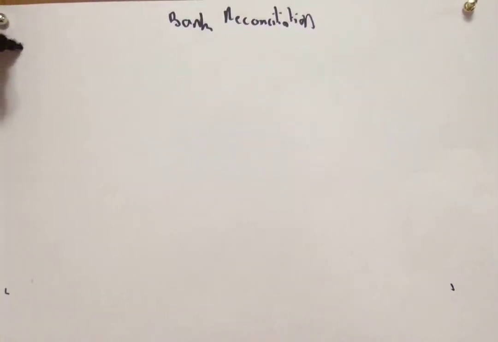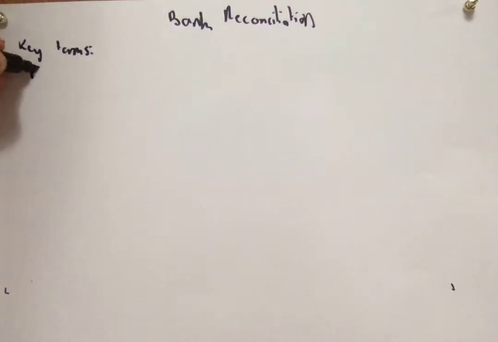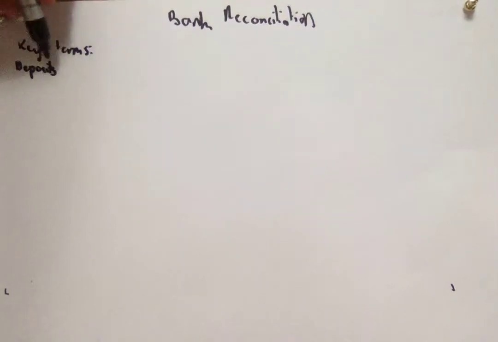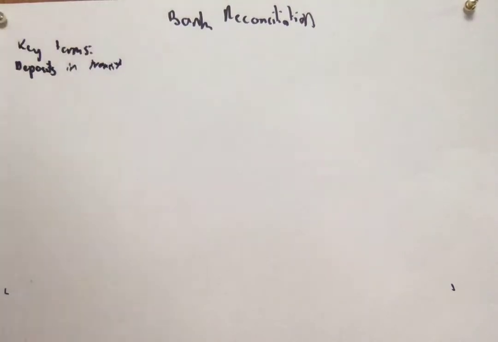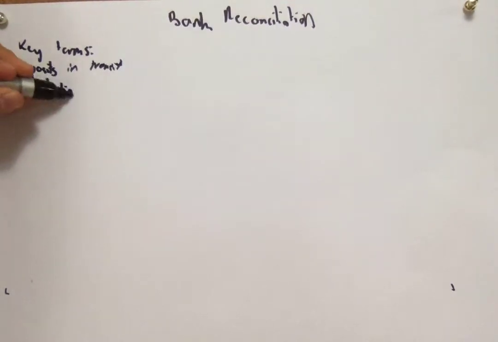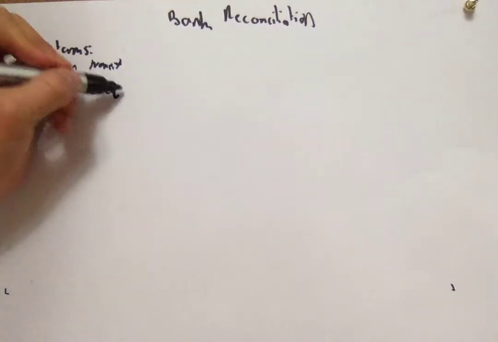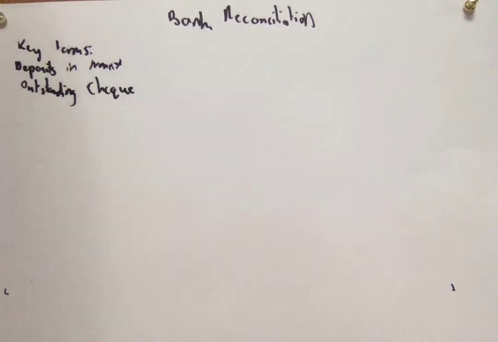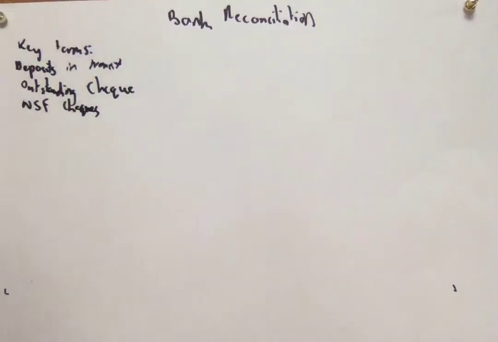So firstly, the key terms to be aware of. First one, deposits in transit. These are cash or checks that have been received and recorded by an entity, however not the bank, due to time differences. The next is outstanding checks, which are checks that have been recorded by the entity but not cleared by the bank's cash balance. Finally, non-sufficient fund checks, which are checks that have not been honoured and hence are recorded as insufficient funds in